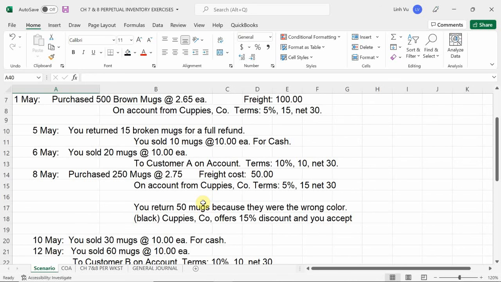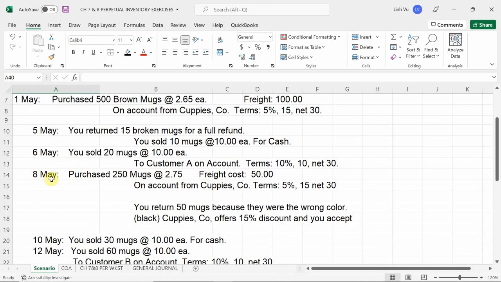They gave us black mugs instead of brown mugs. And now they're saying, well, hey, you can still keep the mugs and still sell them to your customer, right? They're just a different color. There's nothing wrong with them. And we end up getting a 15% discount. So in this case, we had an allowance for this one. All right, because they sent us the wrong product, so they gave us that 15% discount as a way to reprimand for their mistakes. So then again, in this case right here, now, since we purchased and received the items as of